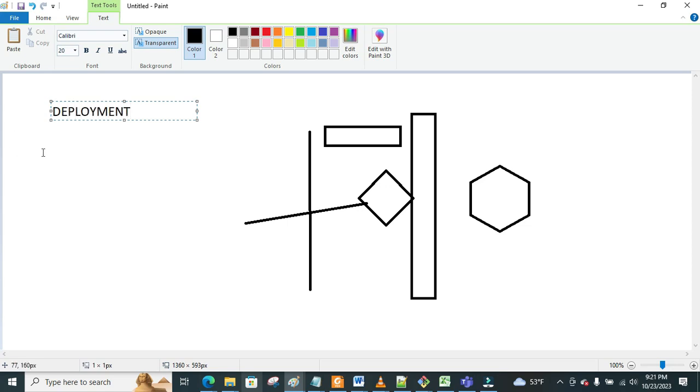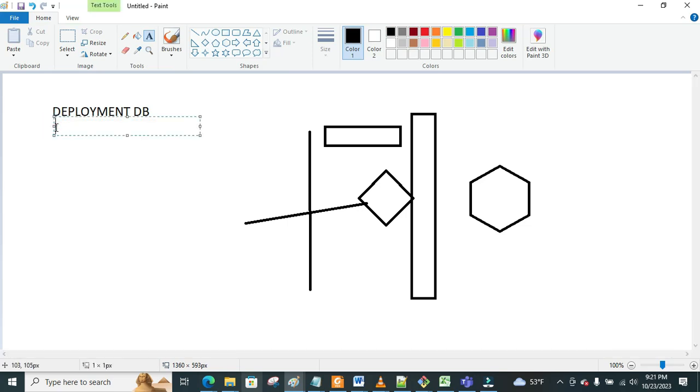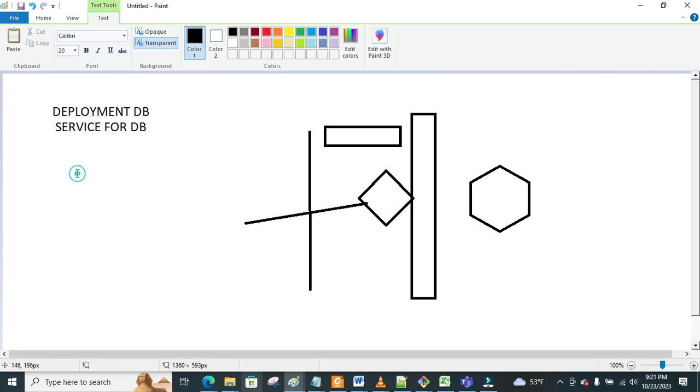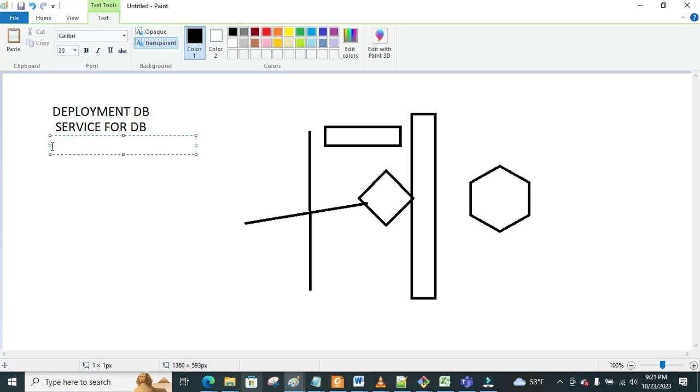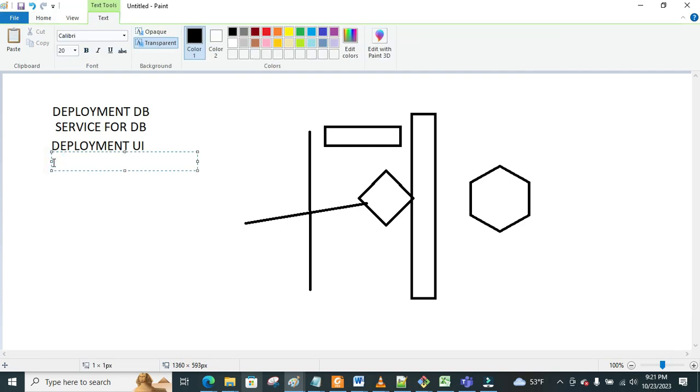Number two, that's a deployment for database. We are going to have a service for database. Then we are going to have deployment for the user interface, which in this case we are going to use Mongo Express, and we are going to have service